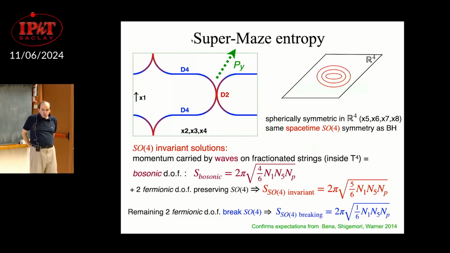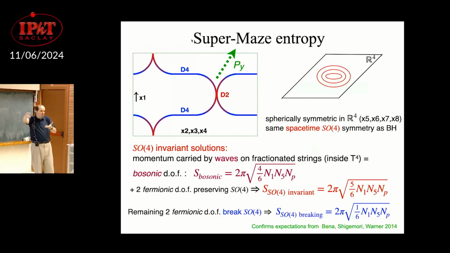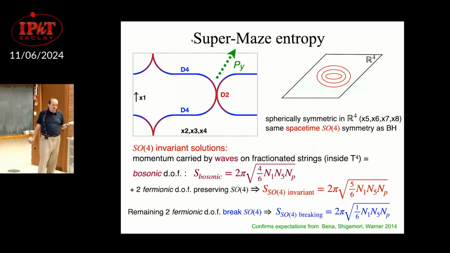In this case, what we're doing is analogous to what was done before us by Das, Gravel and Mathur. They just said, okay, you have a D1-D5 system, I have a D2-D4 system or an M5-M2 system. You have all these strips, you put momentum on them. It's a very simple counting. I'm not even quantizing anything. I'm just saying, okay, I have N2 and N5 carriers in a CFT which has 6 degrees of freedom per carrier, and therefore I'm going to get the entropy of Strominger-Vafa. So it's a very simple argument they have in that paper. But there's no supergravity solution. Not yet. I'm coming to that.